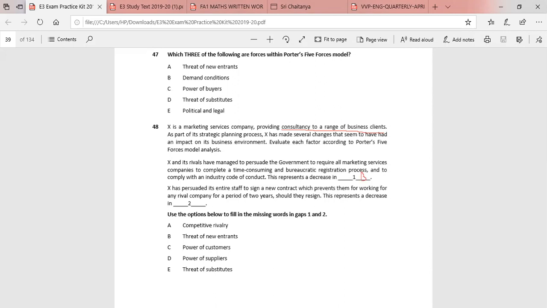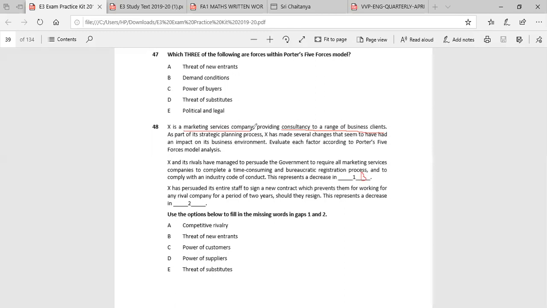Do you agree with that? Now, since they are into consultancy business, they are into providing manpower. They are into providing employees to the organizations. So they help in recruitment and they help in hiring of the jobs. Here, because the nature of the business is not into production but into rendering services,